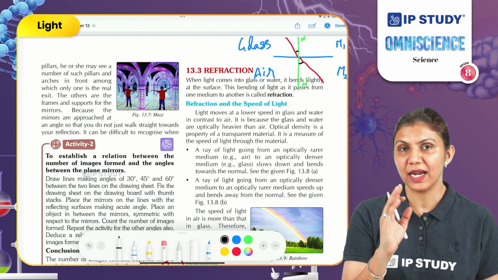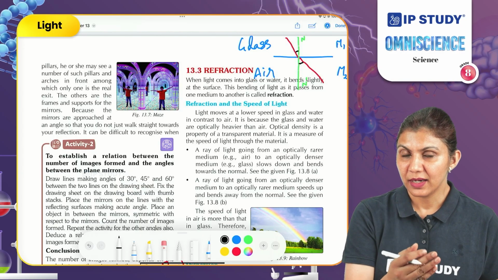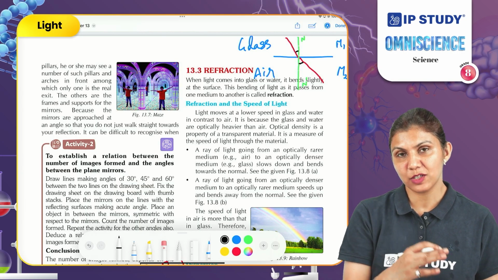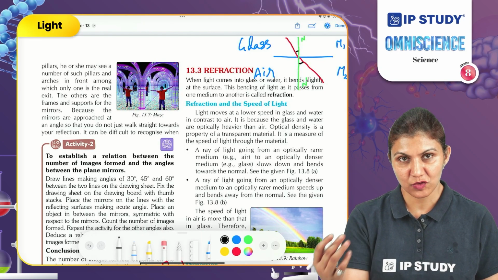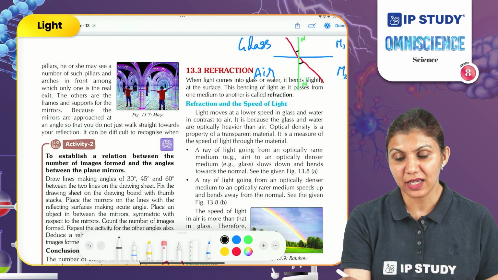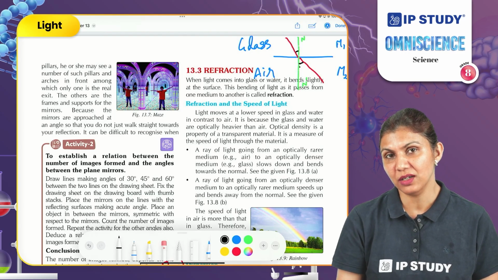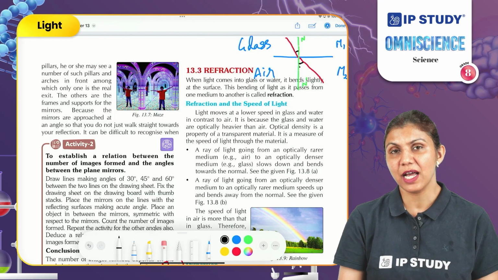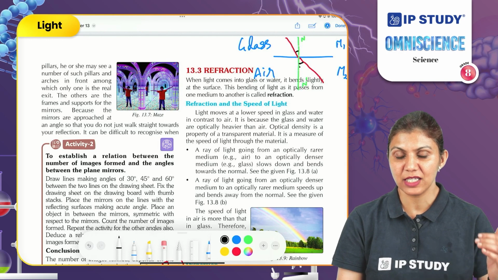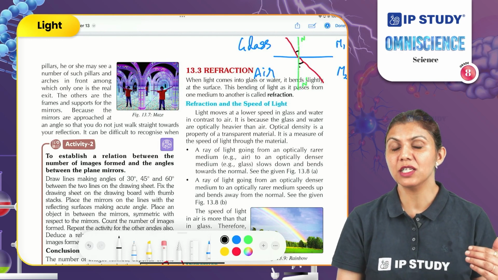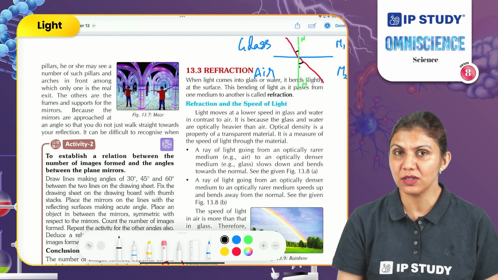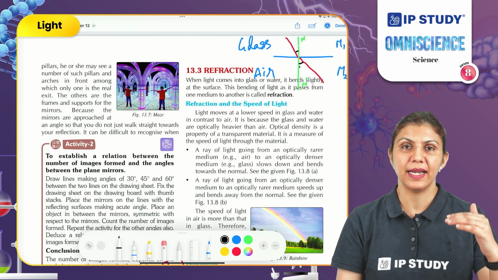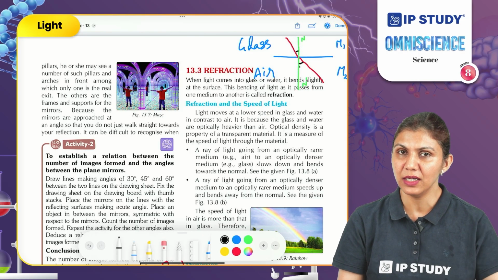This time when the light ray is moving from denser medium to rarer medium, the speed of the light is now increased. It is moving at faster speed and it is making a bigger angle of refraction with the normal. So what is happening actually with the light rays when these are moving from one medium to another? The speed of the light is changed, and this change depends on the type of medium where the light is entering from one medium to the other medium.